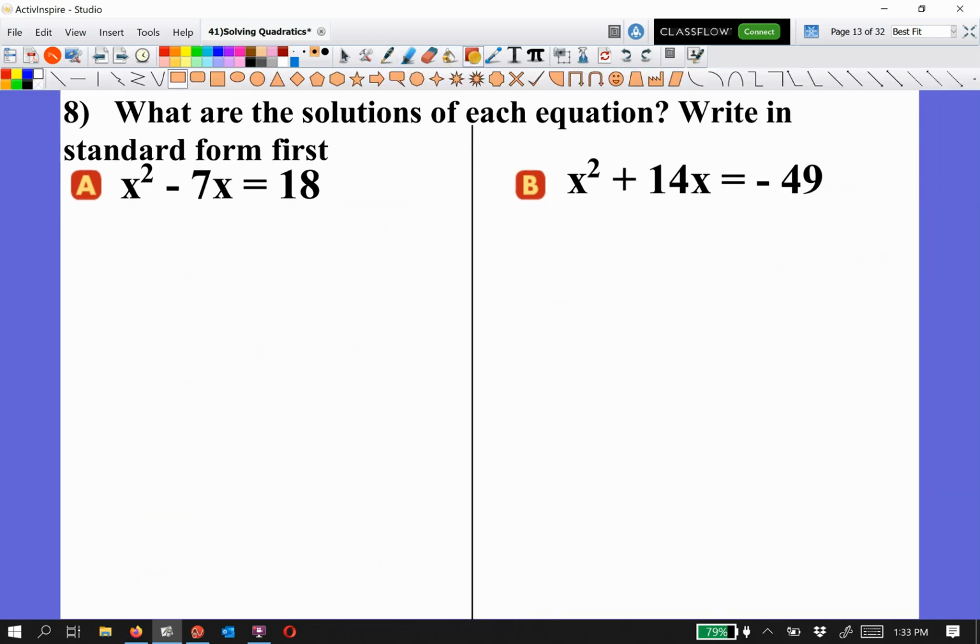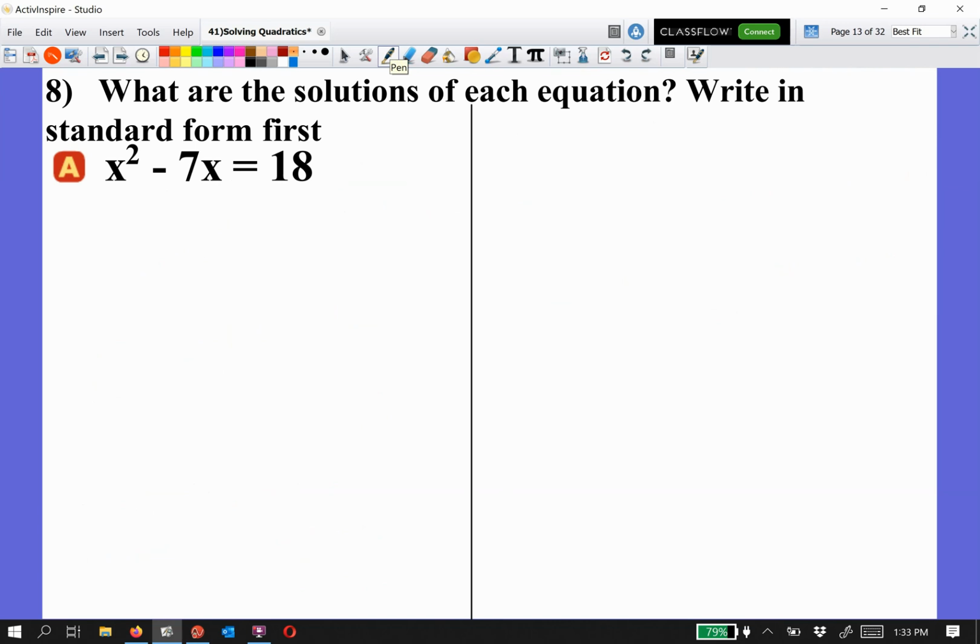Again, I'm just going to copy over this one because I don't think we need to do 800 of these. Here's the deal. When we solve these, they need to equal 0. Over here, this says equals 18. I don't want equals 18. How do I move that 18 to the other side to make it say equals 0? Well, opposite of a positive 18 is a minus 18 on both sides. So when I do this, I've got x squared minus 7x